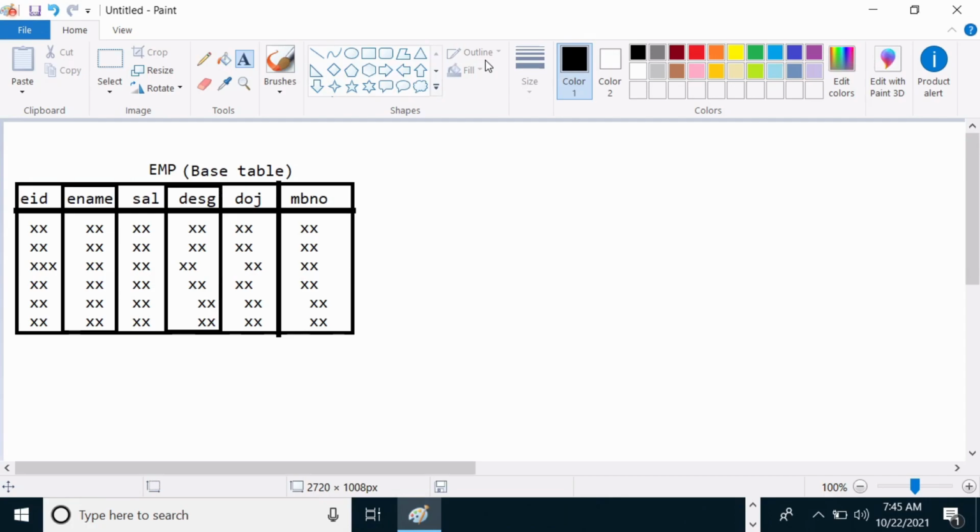That means based on the employee's requirement when working in a company, they need some data from your base table. The thing is, they don't want the entire table data. They want some specific columns of data, as per their requirement.